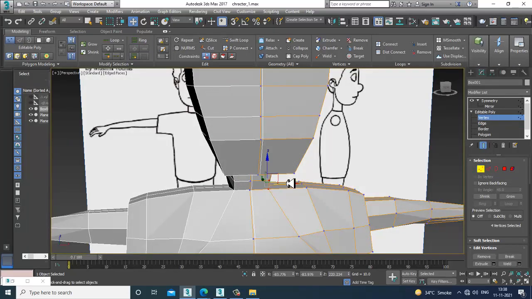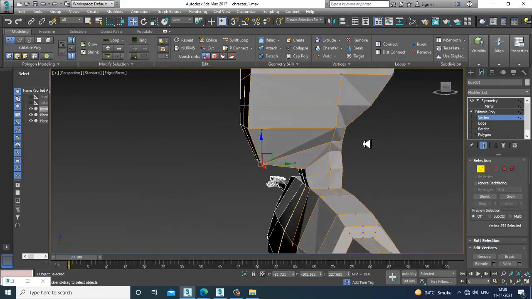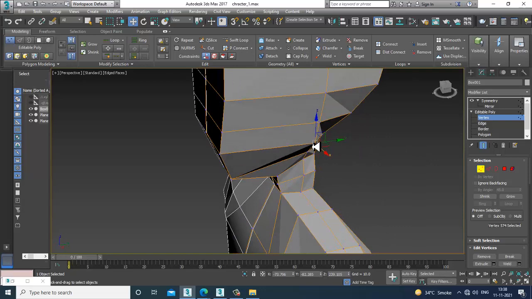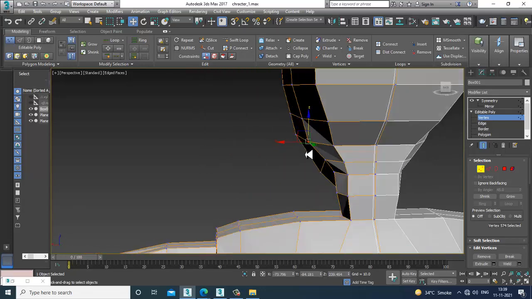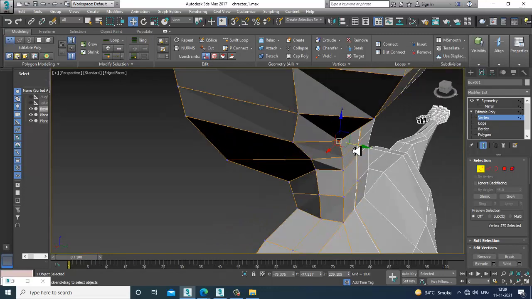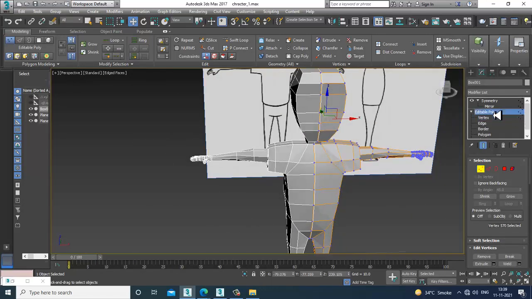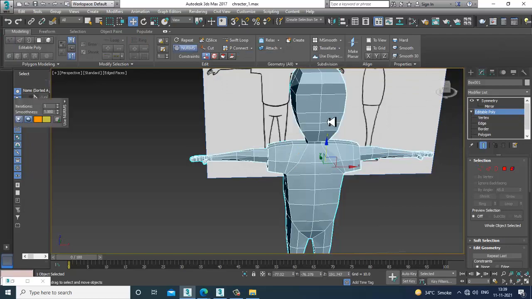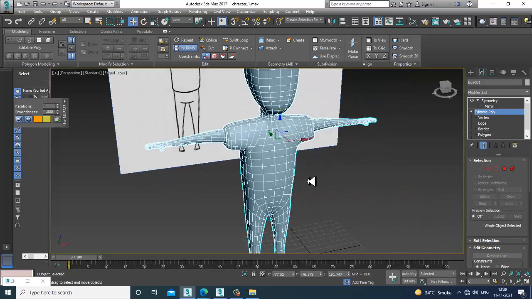So again go into the vertices. As I told you, we are doing the blocking. Let's see how it looks once you turn on the nurbs toggle. Better.